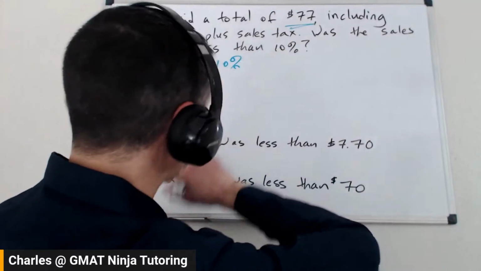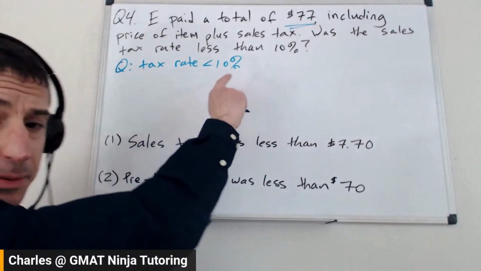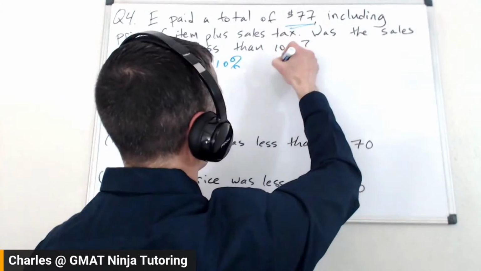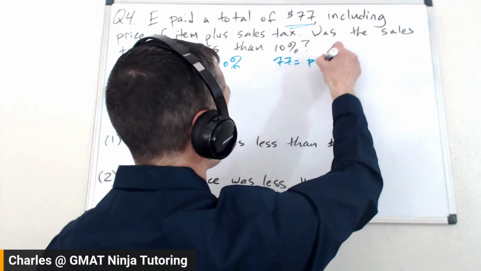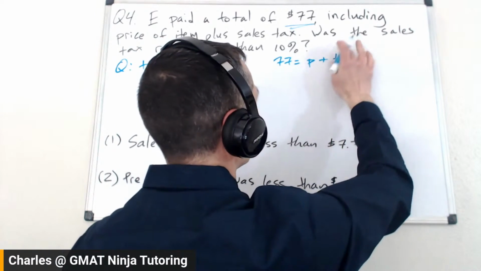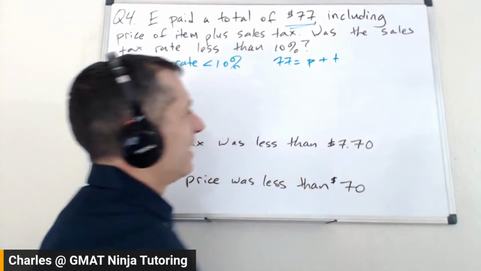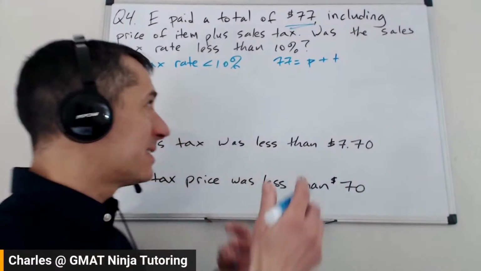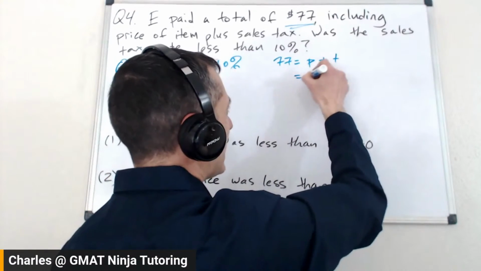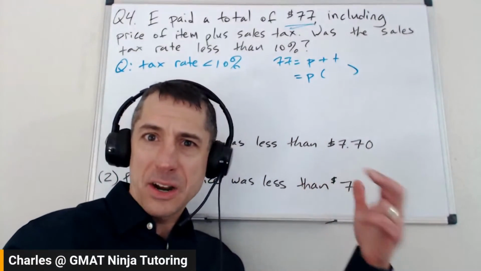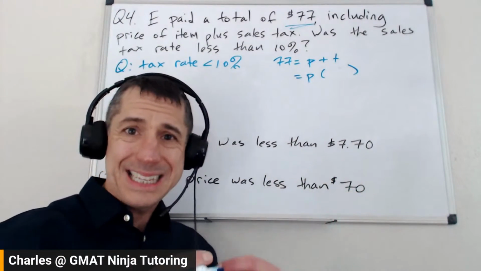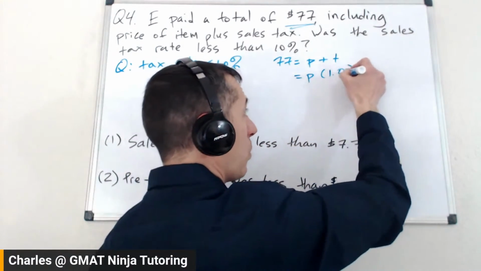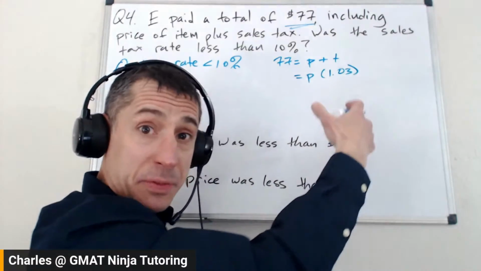Starter kit videos, right? Now, to get my head around this, I'm going to start to go, all right, what is this thing here? So that's $77. Well, that's the price paid plus the tax amount, right? I'll say T for the tax amount. Okay. Well, fine, but what is it really? What do you really do if you're paying a sales tax on something? What you're really doing is you're saying, I'm going to take that price and there's some multiplier there, right? So for example, if it is a 3% tax, then you take that original price of the item, you multiply it by 1.03.